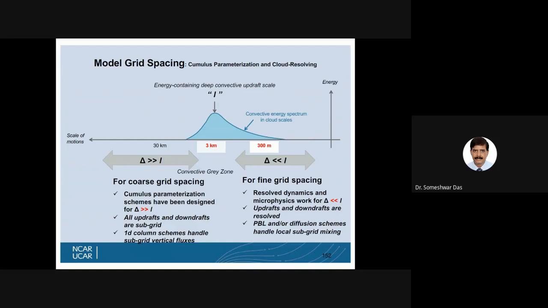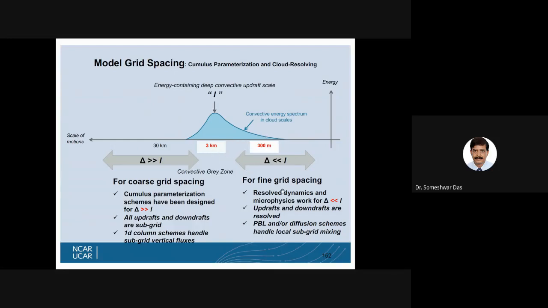To simulate cloud clusters or mesoscale convective complexes, you can use slightly coarser model resolution, but if you are trying to resolve individual convective clouds, then your model must have a finer resolution, preferably less than 3 kilometers.